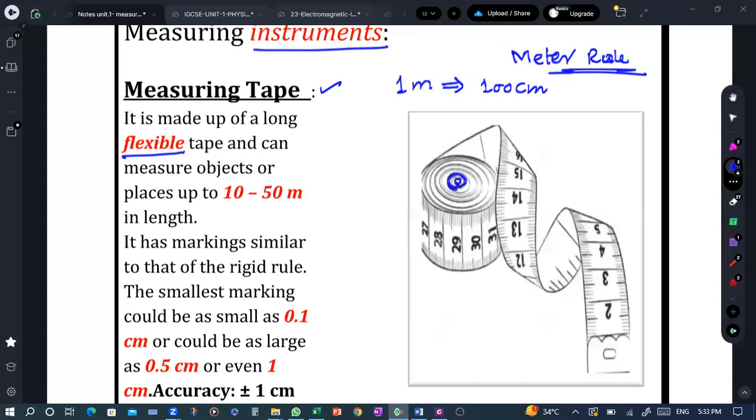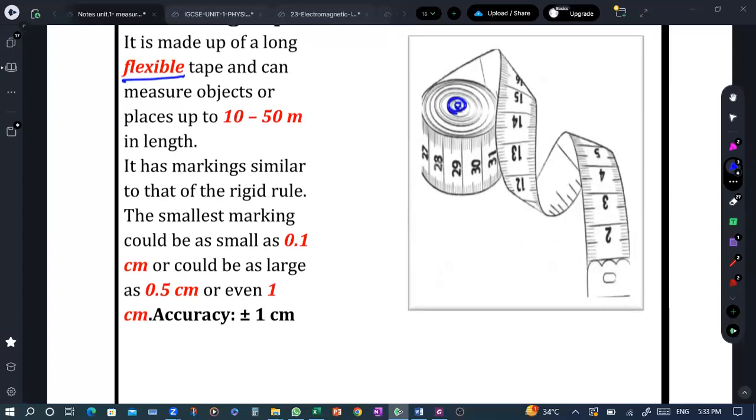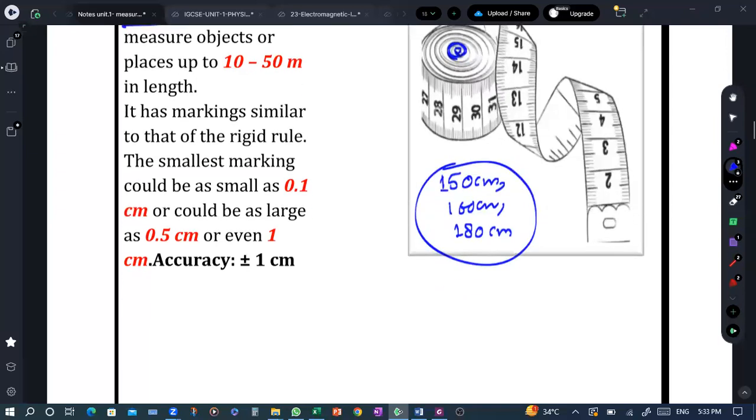Then normally we have more lengthy measuring tapes, if I remember, mostly 150 centimeters, 160 centimeters, or 180 centimeters, something like that, right? You can check this at your homes, how much you have. Normally the standard is 150 to 180 centimeters. Now the very important thing, it has a marking similar to that of the